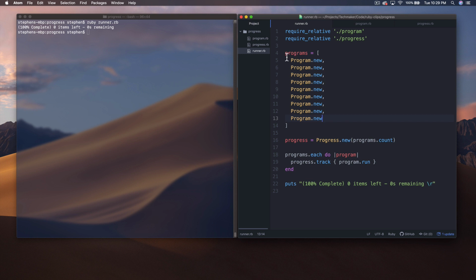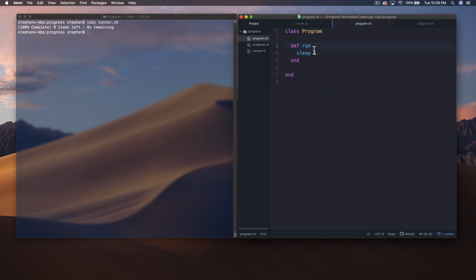And I kind of named this program thing here the way that I did on purpose, because technically this code could be handling anything, and just assuming that the program that we're running has the same amount of time as all the other programs is a bit naive. So let's update our program to take in a number of seconds as an argument to initialize. So we'll say a number of seconds, and then we'll just set that